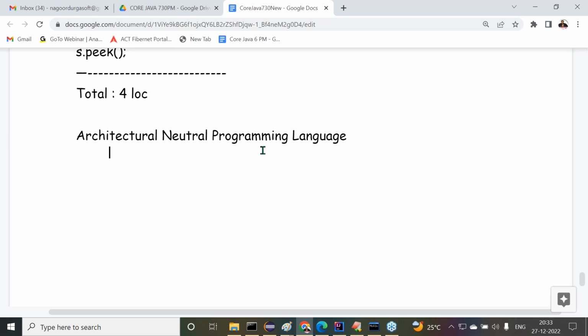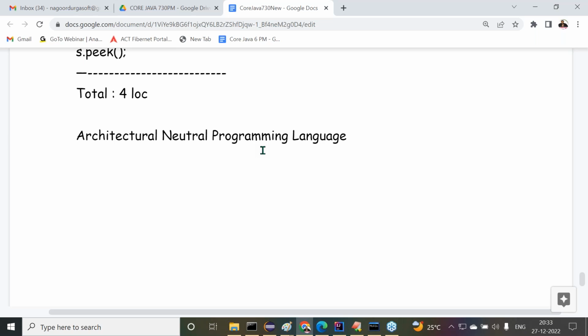Automatically, demand will be reduced. But if you want to provide more demand for your programming language, the applications we prepare using your programming language must run in all operating systems and all hardware systems.